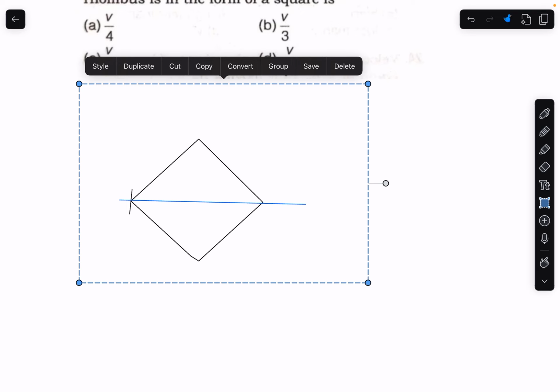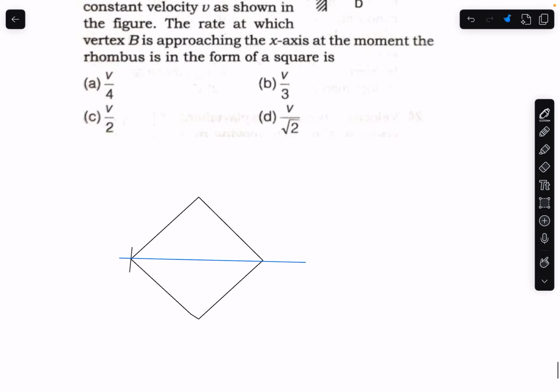So we have the diagram here already. So this is a square and this end is A, its velocity will be 0. This end is B, this end is C, and this end is D. So C is moving with the velocity V, that is given in the problem. So if we fix the origin at the point A, (0, 0), the coordinates of C can be written as (x, 0),